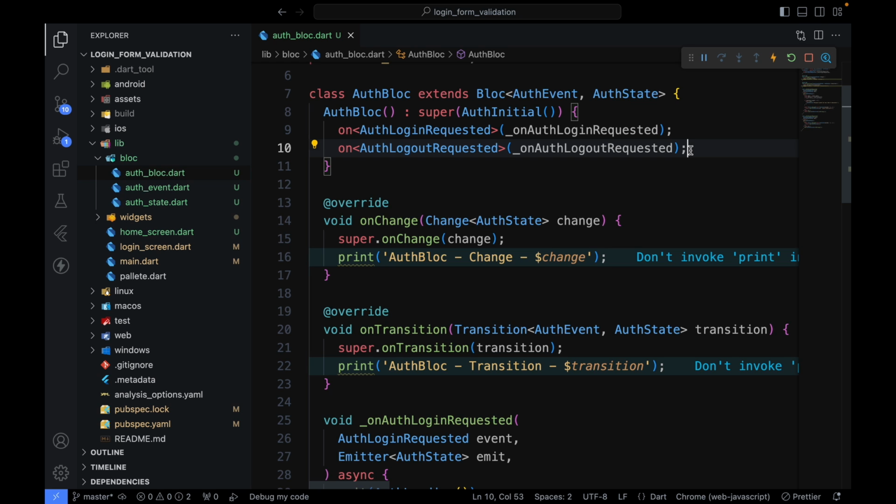So when we want to take advantage of reactive operators like buffer, debounce time, throttle, etc., that's where we can use BLoC, and that's where we cannot use Cubit. For those who don't know, let's say debounce. What is debounce? Debounce is a way of delaying the execution of a function until a certain amount of time